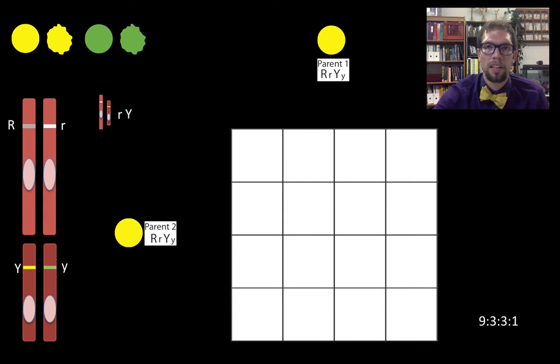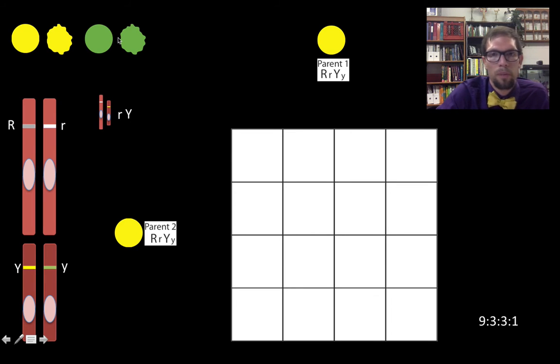Mendel not only looked at flower color, he actually looked at 7 different traits. And for some of them he looked at what happens when you breed an organism that has 2 of these traits at the same time. One of the 2 traits that he looked at was seed shape. So seeds could be either round or wrinkled. And seeds could also be either yellow or green. So he looked at what happens when you have yellow wrinkled, yellow round, green wrinkled, and green round,